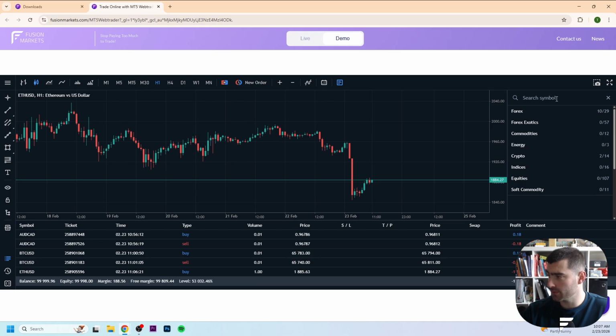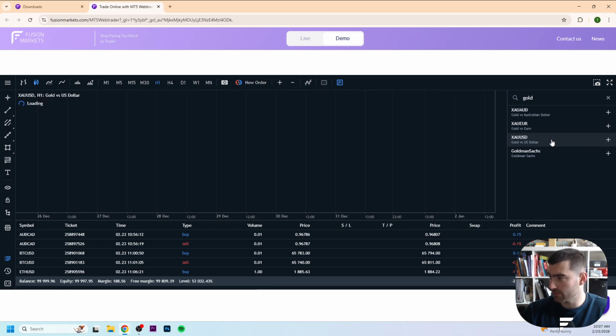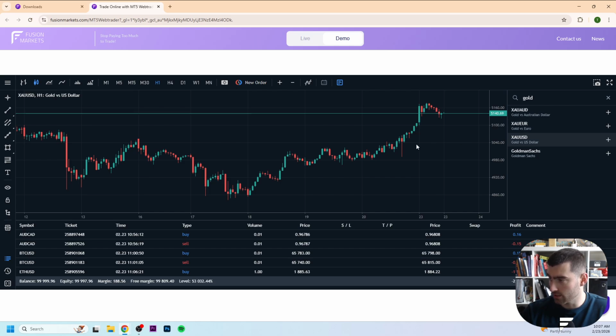So what we're gonna do is we go here to search symbol and we search right here for gold. Then you will find the XAU to AUD. You also have right here the XAU to US dollar, and that's the one that we will step in with. So we click right here on the gold,